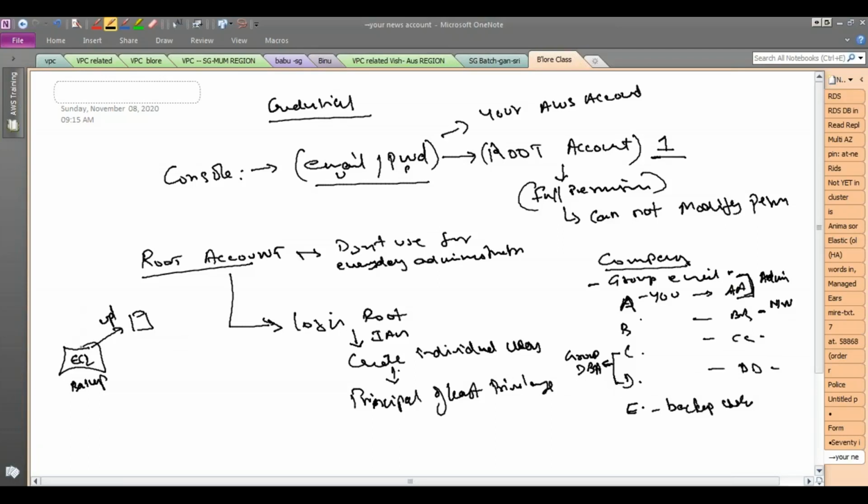So in order to access S3, you need to give credentials. You simply can't upload files to S3, right? So maybe you created a user and you put those credentials in your script to upload files. So here what permission do you have to give this user? You have to give this user only upload permission to that particular bucket, maybe the backup bucket.